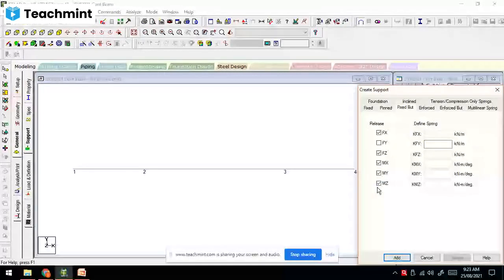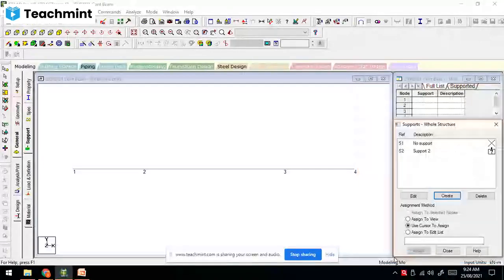Whichever is remaining, that value we will get. I have not clicked the Fy box because we require the vertical reaction. So add. This is nothing but a pin support or roller support.